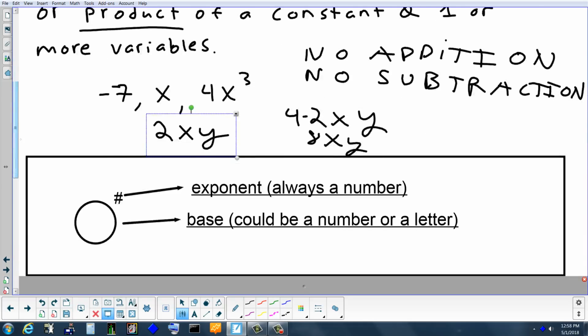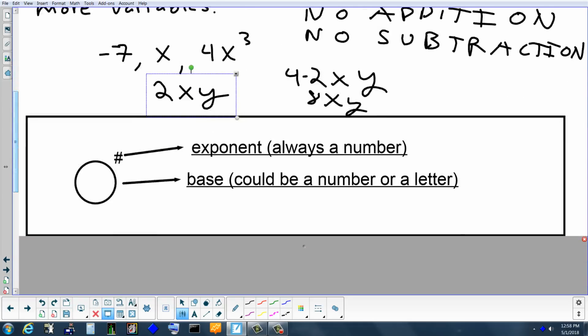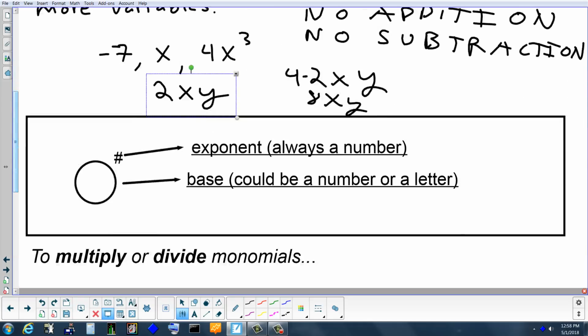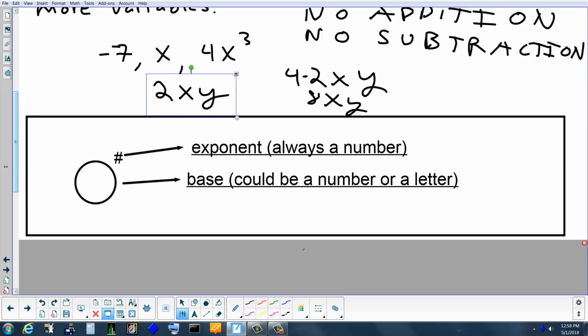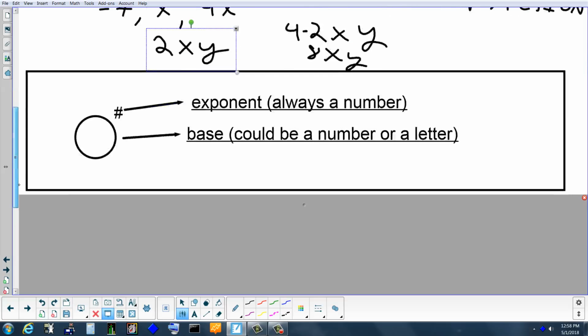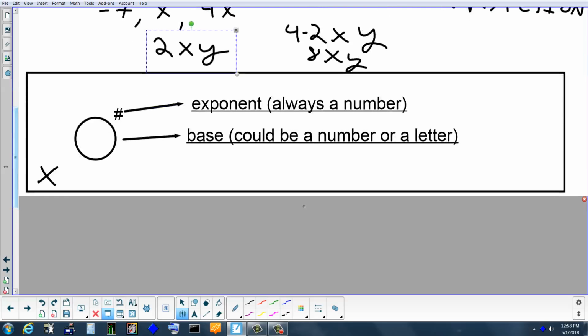Now, in that box where the circle is up at the top and you get the little symbol, there's an arrow that says what is the number that's up higher. That's an exponent. The number that we put down lower in the circle, that's called the base. So if I had something like x cubed,